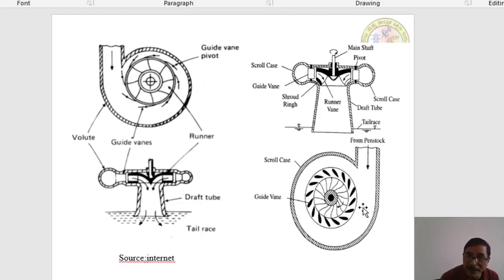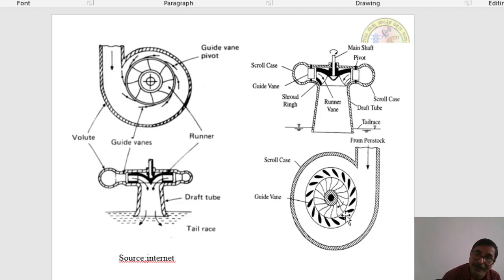Now let's assume that water enters here. So these are the guide plates. The black color outer wheel shows that it is a fixed wheel over which a series of aerofoil blades known as fixed blades or guide vanes are fitted. So now the space between these two guide vanes can be adjusted so as to regulate the flow of water over the runner. Now, let us assume that water is flowing between the space of the